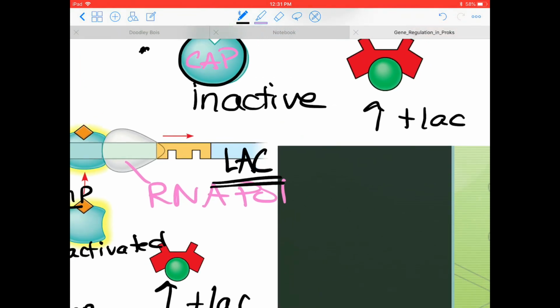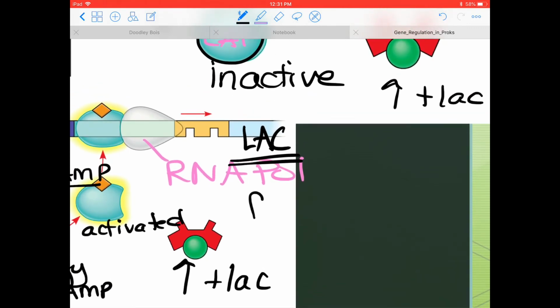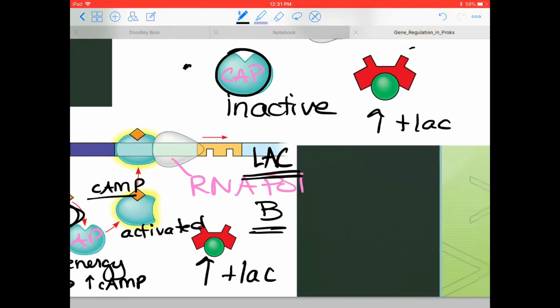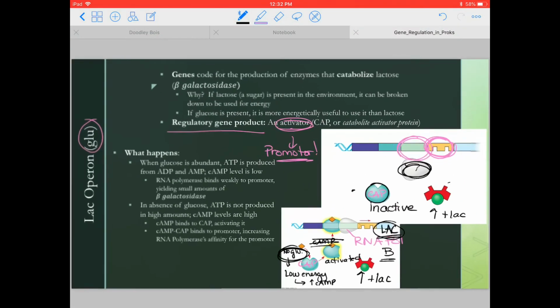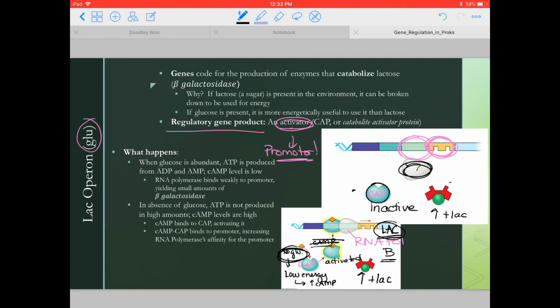So if lactose is available, let's go ahead and utilize it. This is our plan B. That's not meant to look like a beta. That's our plan B, since we can't make glucose work because there is none, because if there was glucose, it would have been made into ATP already, and I wouldn't have cAMP in the first place. So since there is not glucose present, we're going to have to switch over to using lactose, which means upregulate the amount of beta-galactosidase so that we can make glucose from